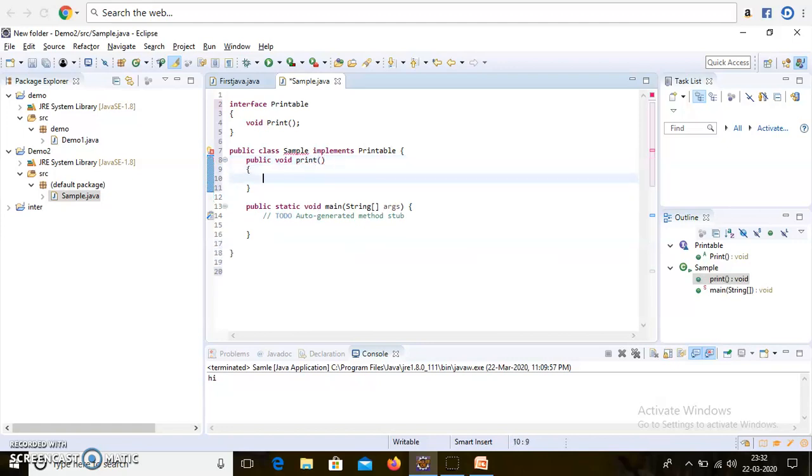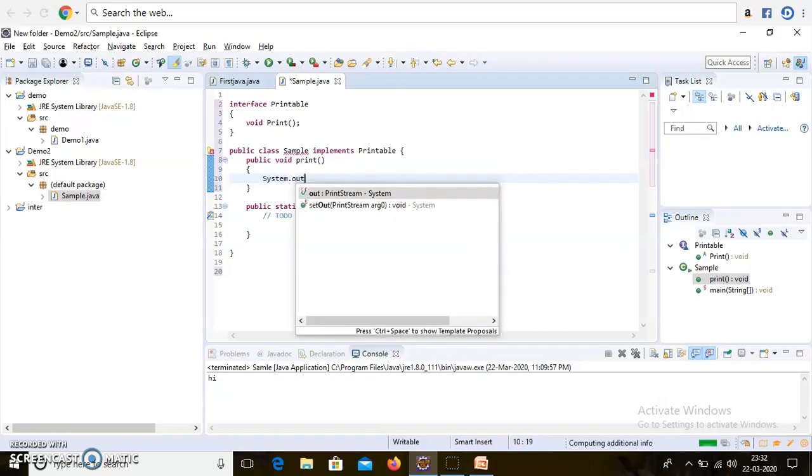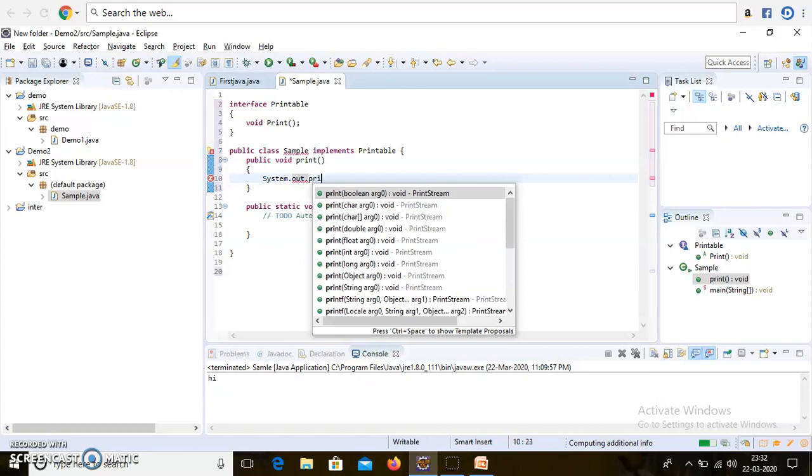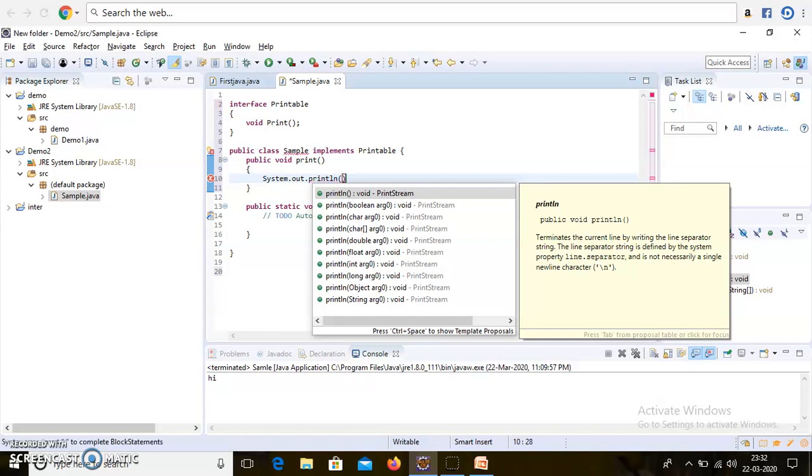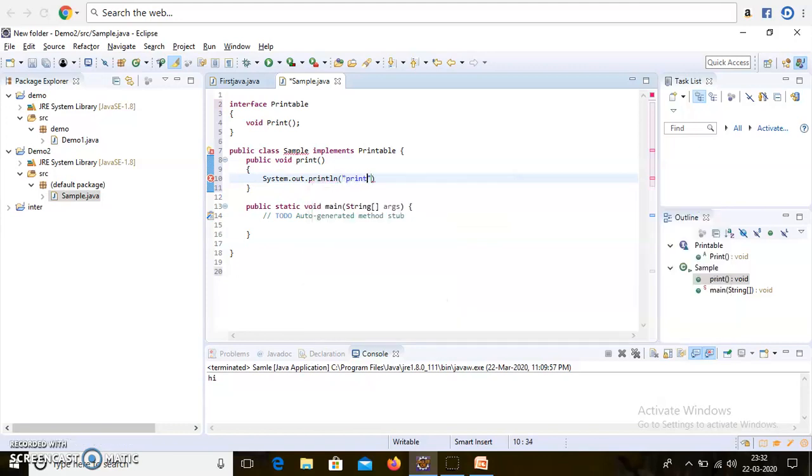Here I am giving just a single message, System.out.println, and providing the message "print the document".